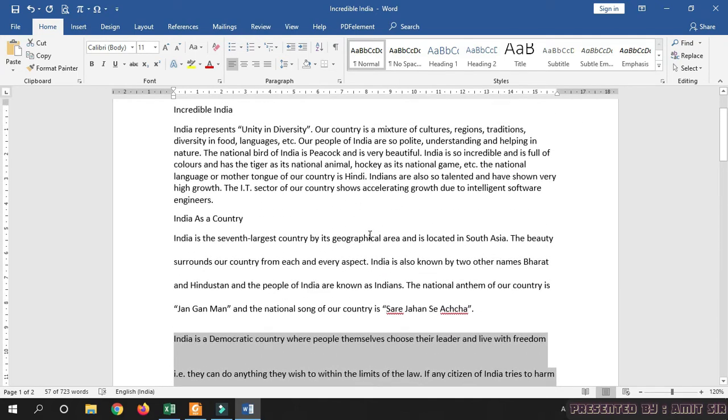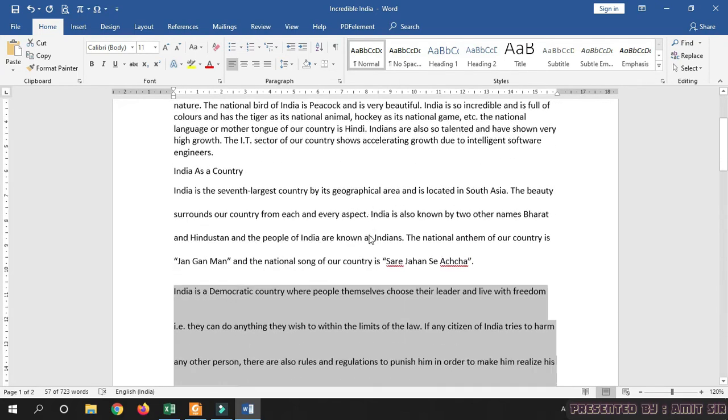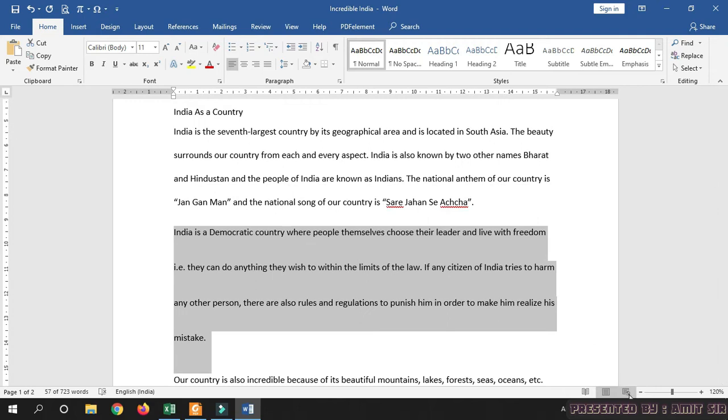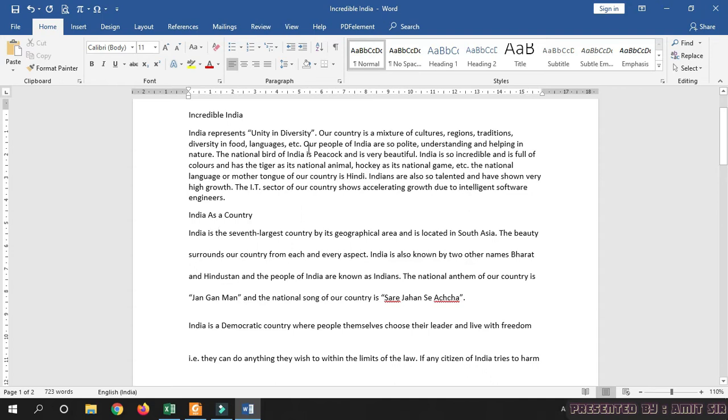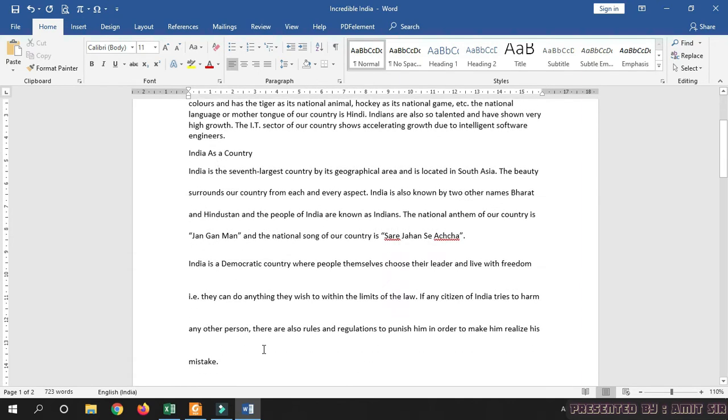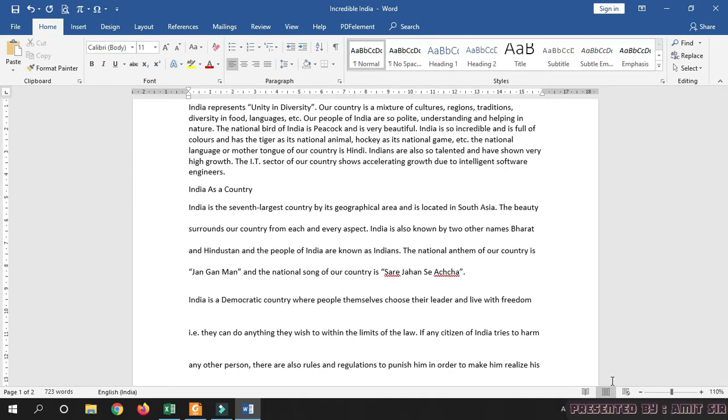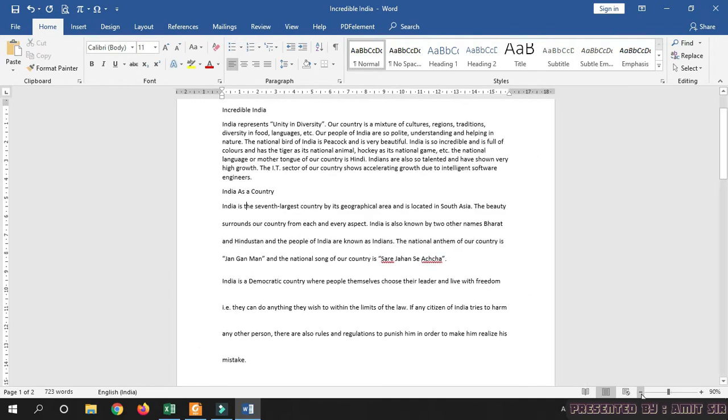So I hope now you understand how the line spacing changes the view of the document. Here the first paragraph is of line spacing 1, the second paragraph is line spacing 2 and the next one is line spacing 3. Okay, let's zoom out to see much more clearly.